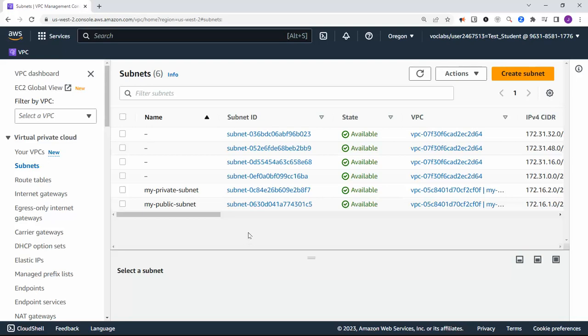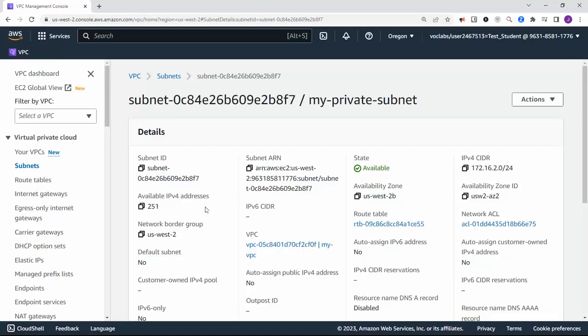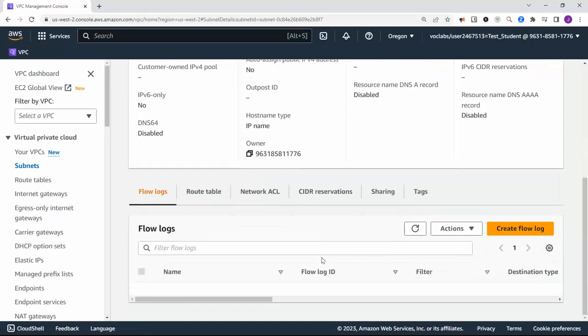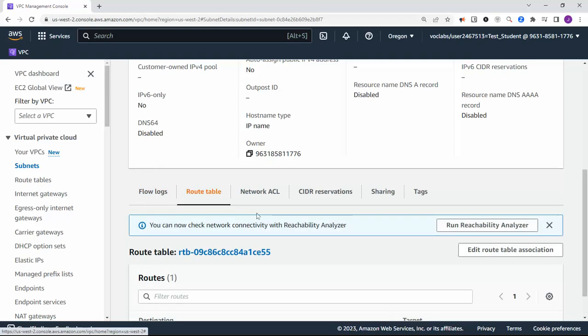Then I created an elastic IP address because I knew that I was going to use it for my NAT gateway. I created my elastic IP address. It was floating at first. Once I created my NAT gateway, I was able to associate it with that elastic IP that I created because it wasn't being used. So I did that. And then the last thing I did was I edited the routing table for my private subnet. I created that new routing table, and that routing table allows traffic if I need to go to